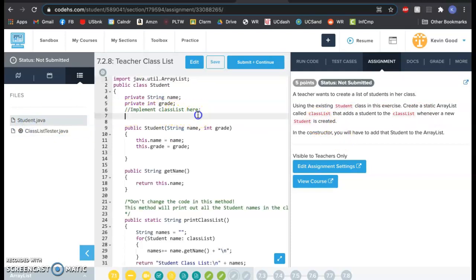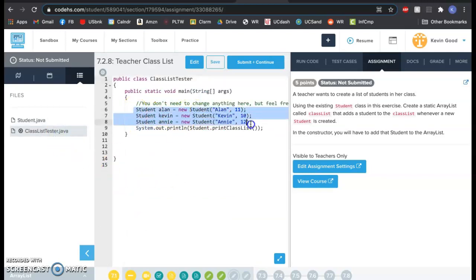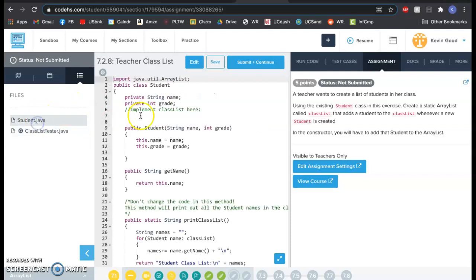So one thing you got to do here is up at the top, you got to be careful. If you did private static, it can only be used in the student class. But you see where students are being created are out here. So we need to make this public static. Static means it's shared between all of them. So public static,